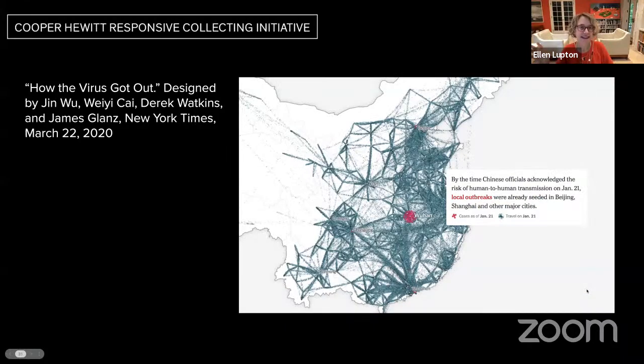It tells a story about how the virus escaped from China and spread throughout the entire world in the spring of 2020. And it uses dots on a map to tell this story. And in this case, the dots aren't representing precise data the way they do in the JHU dashboard. They are used more suggestively to show the movement of people. And I'm going to show you a short clip.